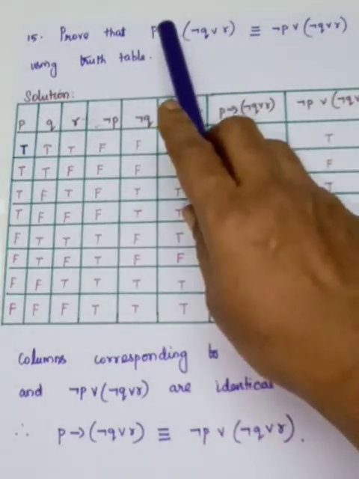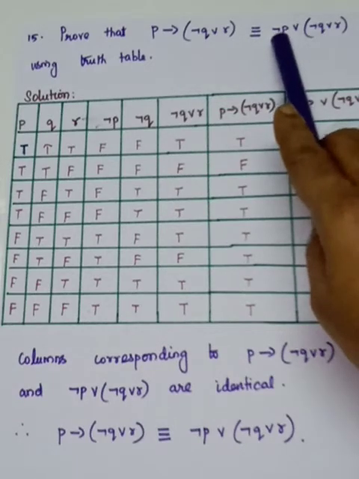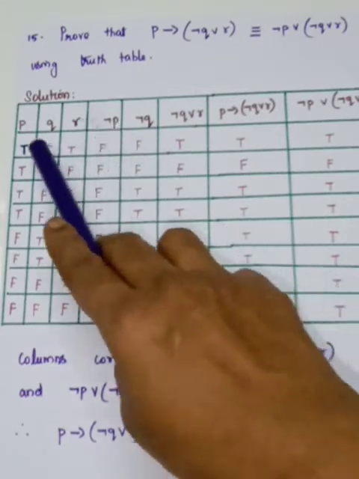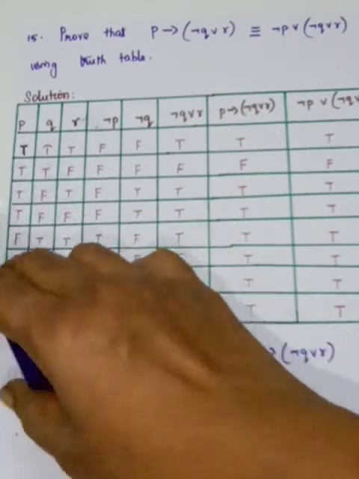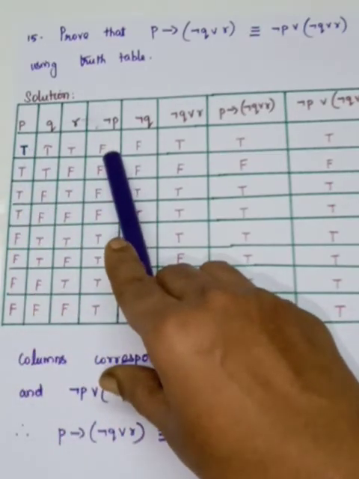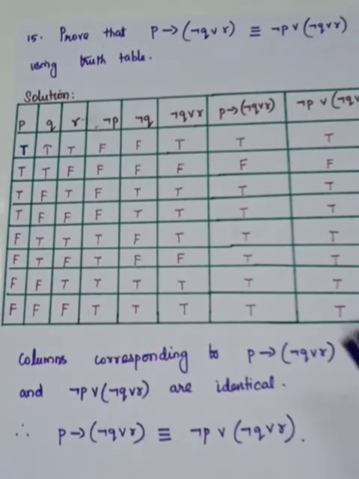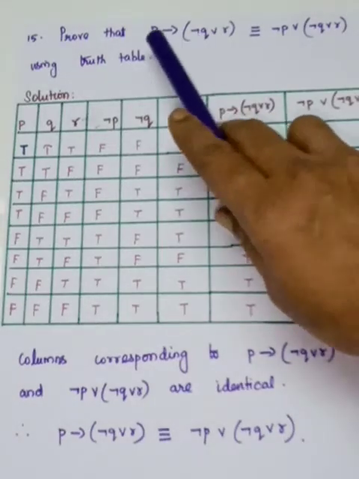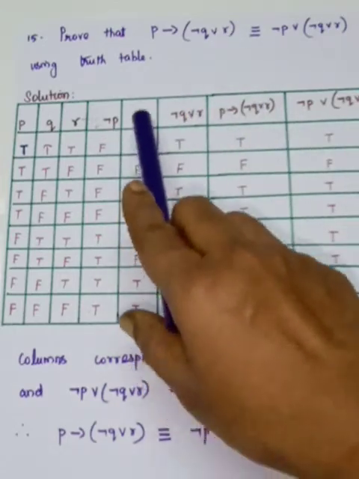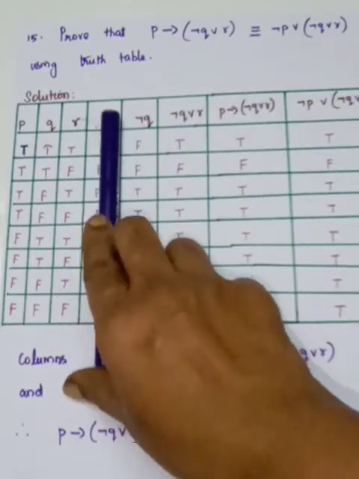So look at the first one. Here, what is needed? Negation Q. So negation P and negation Q is fine. Negation P is the first column with a negation. So whenever you are having T in the first column, in this column you have to write false. In the same way, seeing the second column, you have to write negation Q. So the bracket terms have to be evaluated. Starting from the first one, negation Q or R. Negation Q is in the fifth column and R is in the third column.